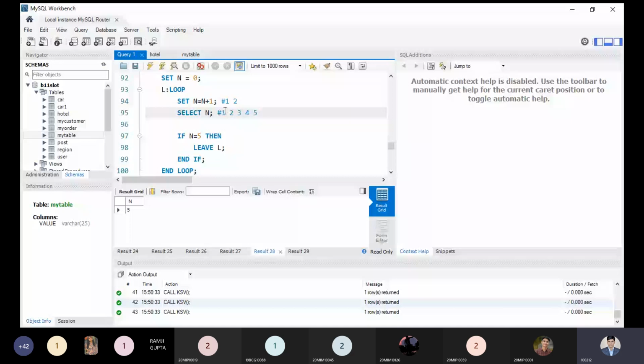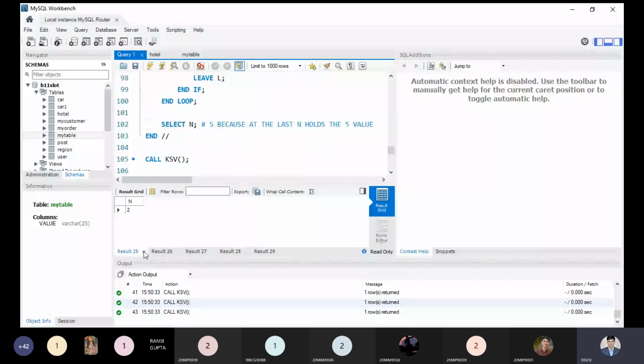Yes, tell me right now. The answer is clear. The answer will be 1, 2, 3, 4, 5 printed, and at the last 5 will print. Perfectly, we are not adding anything. The point you people need to understand is that we are not concatenating or merging anything. One will be overlapped by two, two overlapped by three, and so on, 4, 5, and then 5 last we have. That is a simple thing we have to see.